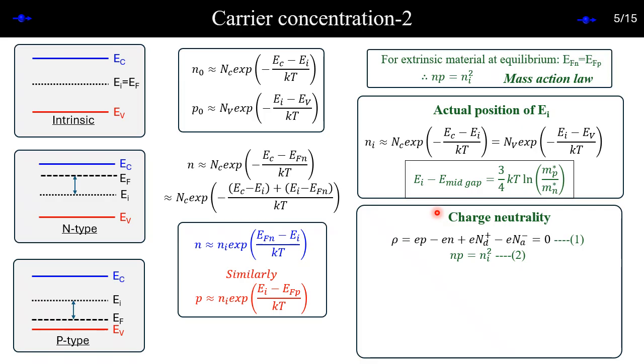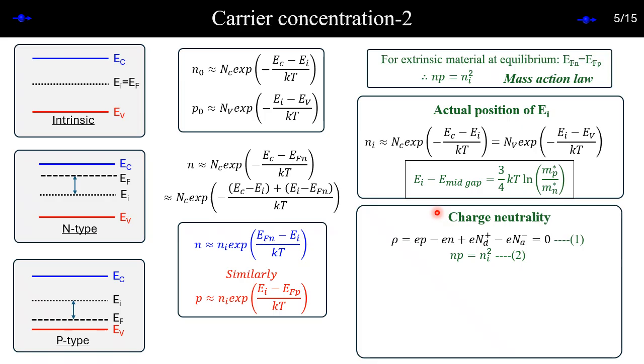What are you doping with? Arsenic. There's a neutral atom. So if you are doping a neutral system with another neutral atom, the whole system should be neutral. That's why charge neutrality is important. And if you solve charge neutrality, then you will know the carrier concentration.